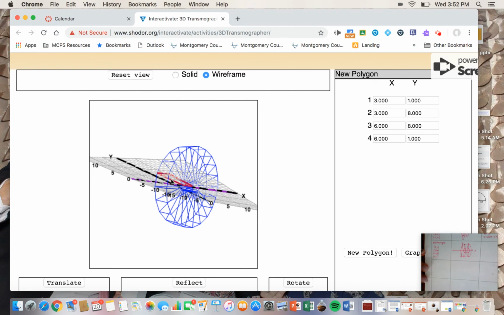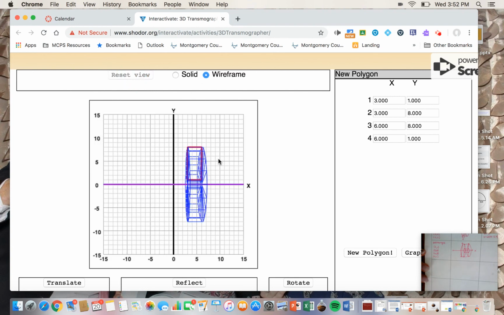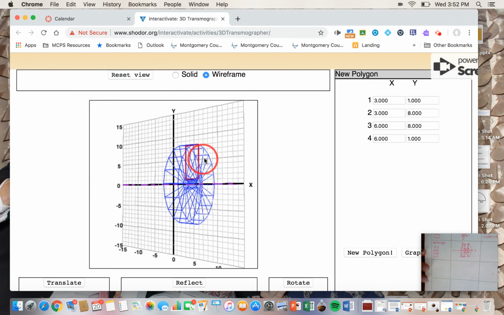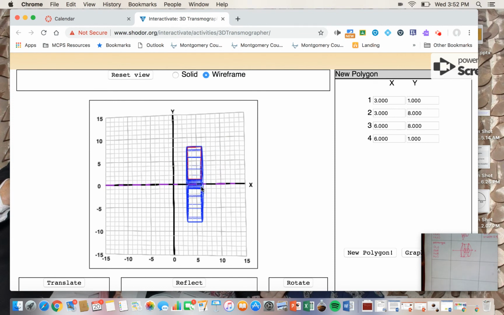So let's think through, and maybe I can reset the view a little bit, what my distances here are. These are actually going to have the exact same height. I think this is going to be the height for both of them. And I think that height, if you think through it, this x coordinate's 3,